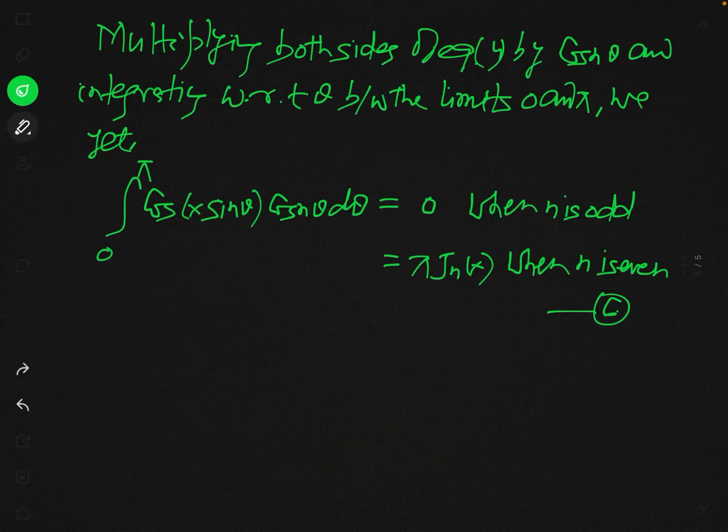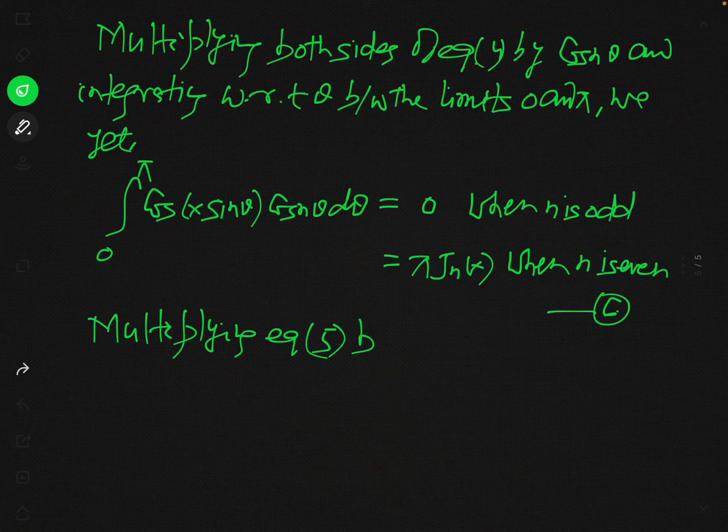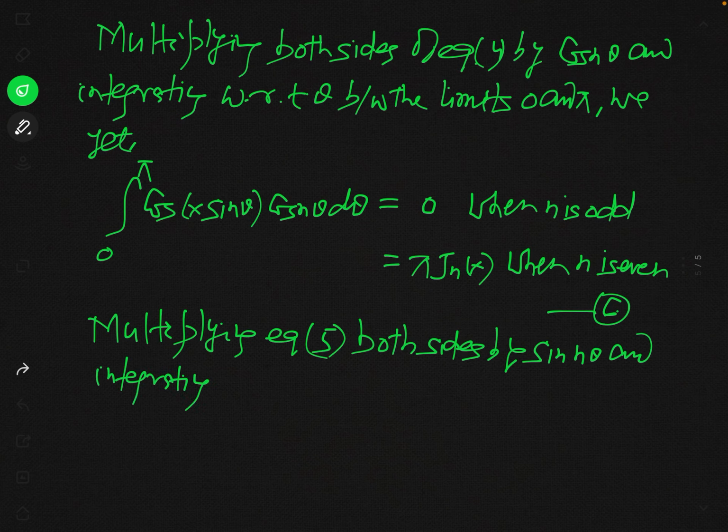So you can see multiplying equation 5, both sides by sine n theta, and integrating between the limits 0 and pi, we get,